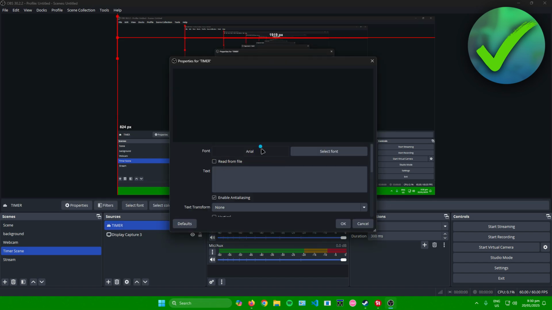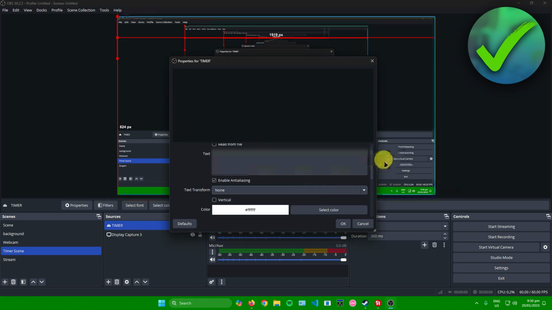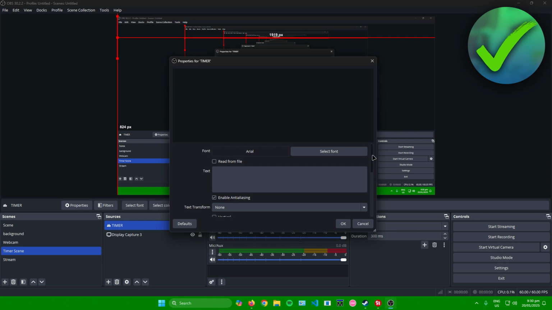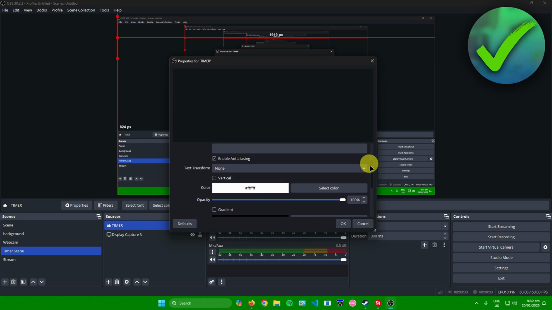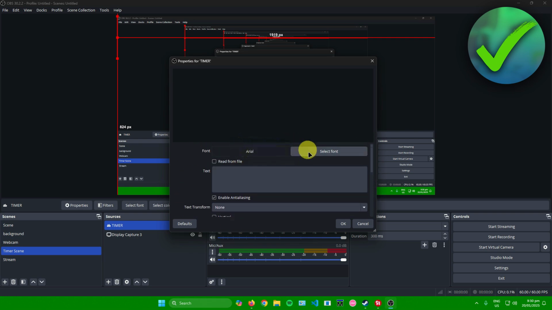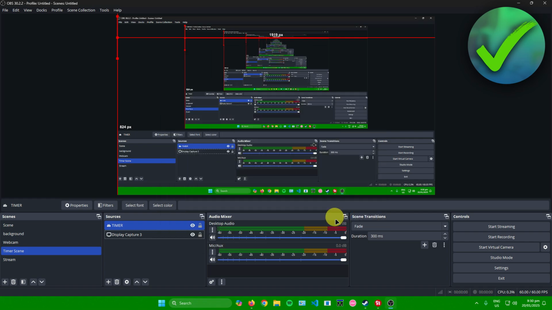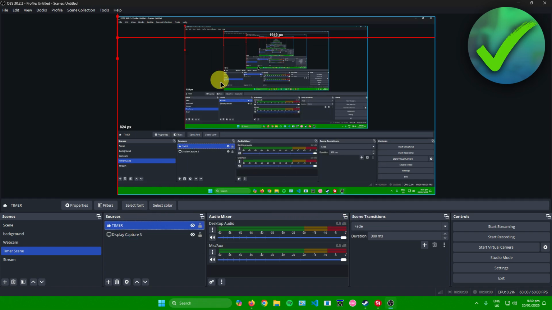There you go. And afterwards, you can edit your timer font right here. So you can edit the font size, etc. But for me, I'll just leave it as it is. So I'll just click on OK, and then there you go. Okay, so once you're done adding your text source right here, which is the timer, what you want to do